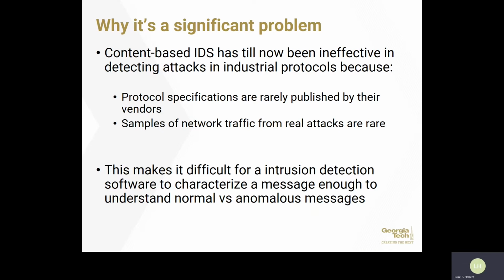Don't forget, though, that simply knowing what is normal isn't all that matters. Knowing which deviations from normal are so abnormal as to be suspicious or malicious is another important part of intrusion detection. Again, something peculiar to ICS networks is that network captures of malicious events are hard to come by. They're fairly scarce. This makes it even more difficult to develop intrusion detection systems that can spot malicious activity.